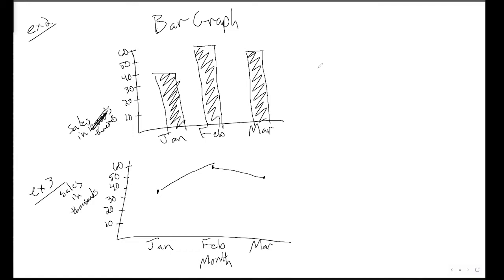Okay? There's really just one more type of graph, and this is called a circle graph or a pie graph. This is a nice graph to have if you are wanting to see just out of a whole what is happening. So, for example,